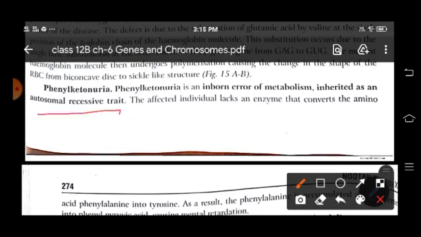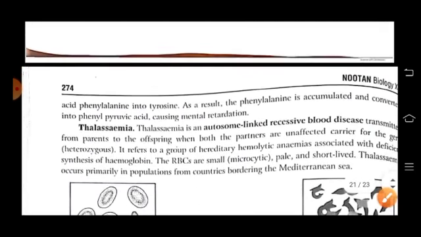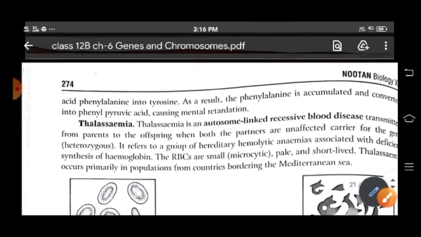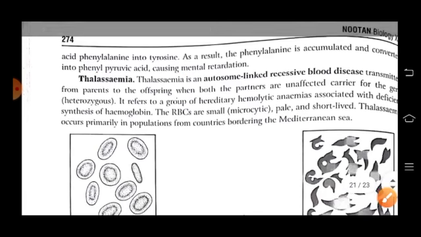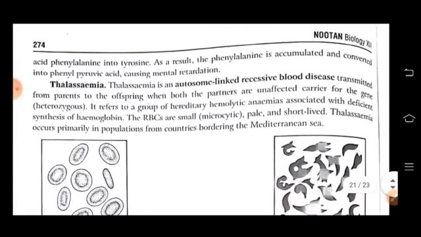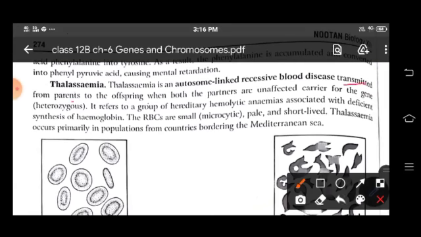Now, the affected individual lacks an enzyme that converts the amino acid phenylalanine into tyrosine. As a result, phenylalanine is accumulated and converted into phenylpyruvic acid. It causes mental retardation. Now, thalassemia, it is also an autosome-linked recessive blood disease which is transmitted from parents to